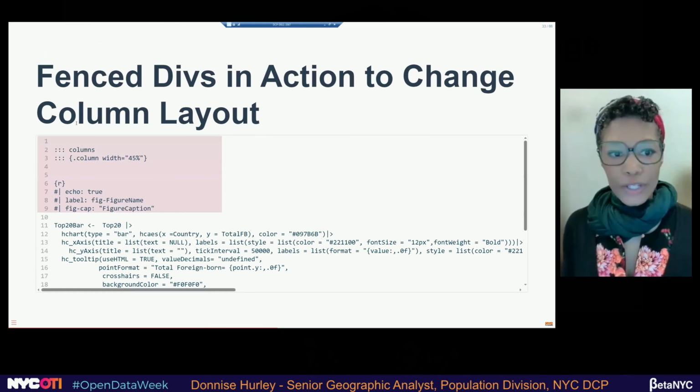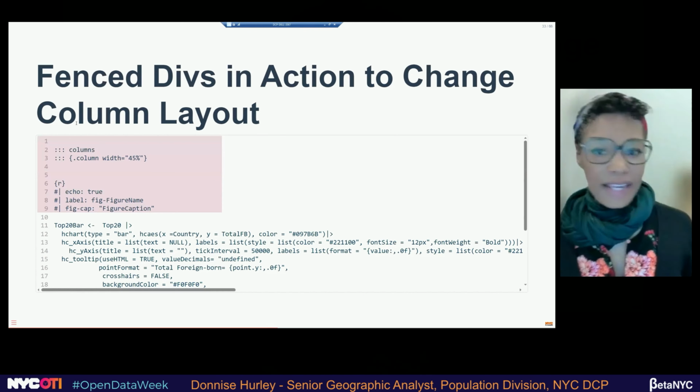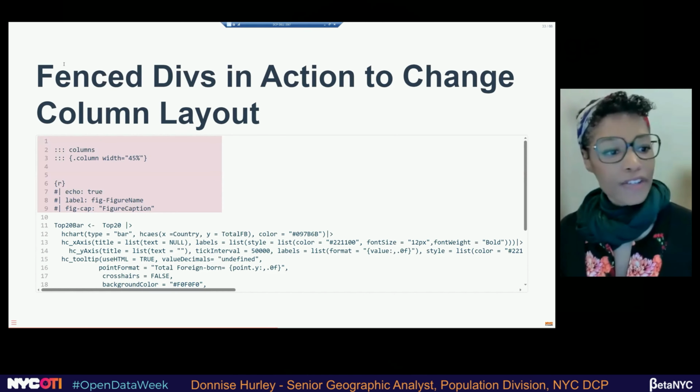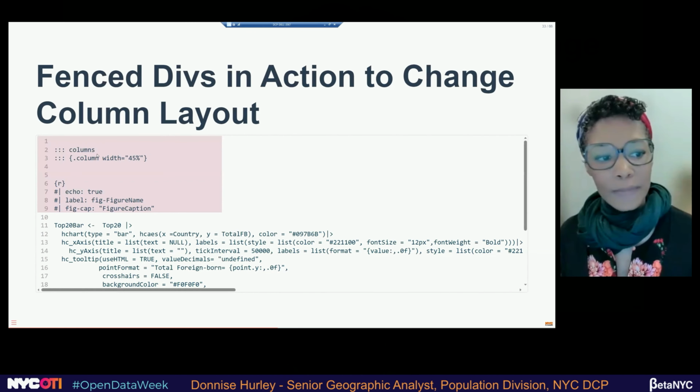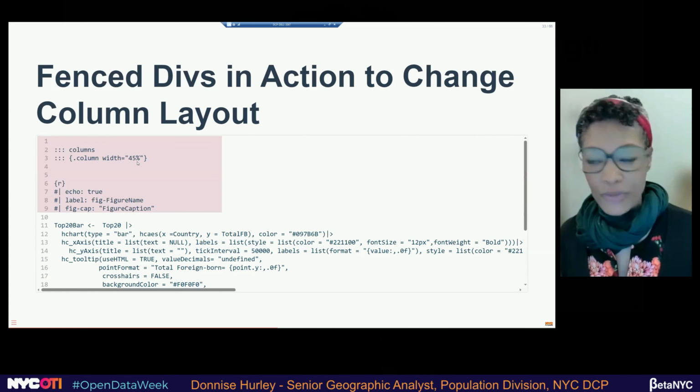So I'm going to show you how I take a fence div and create 2 columns. In this example, I first say, okay, Quarto, I want to make some columns. And in line 3, I tell it that my column width for the first one will be 45%.